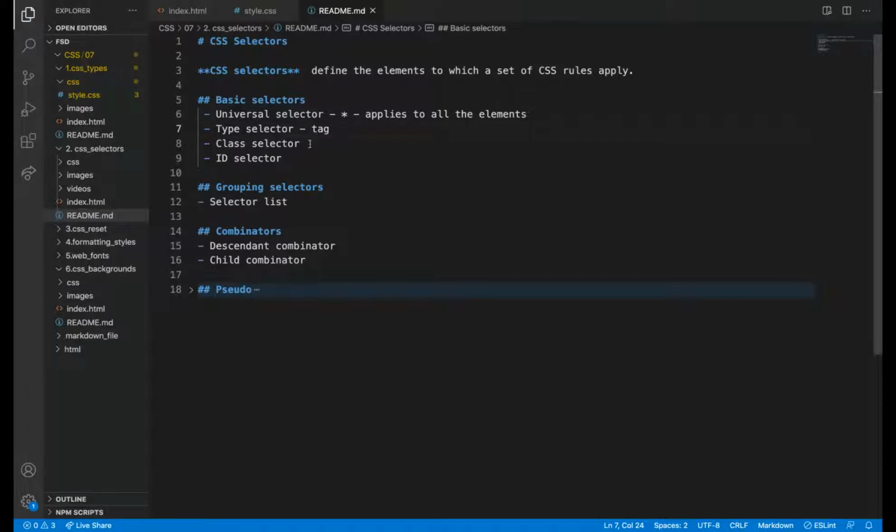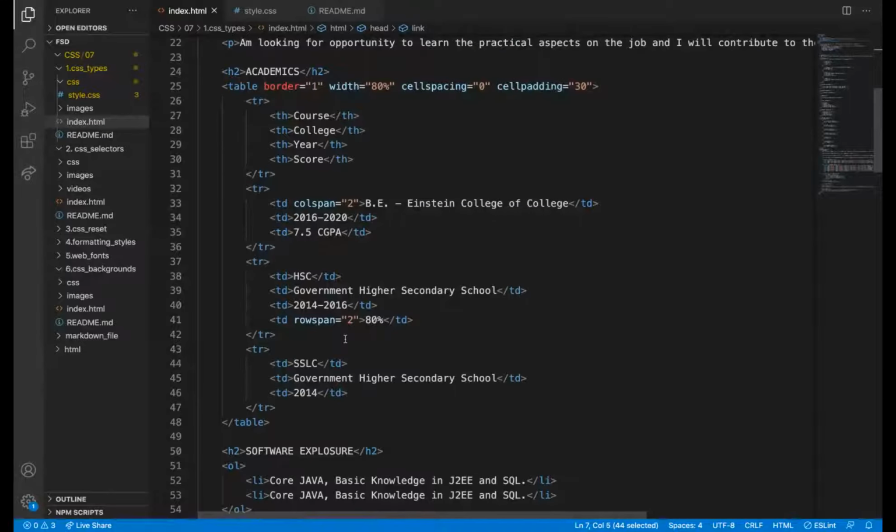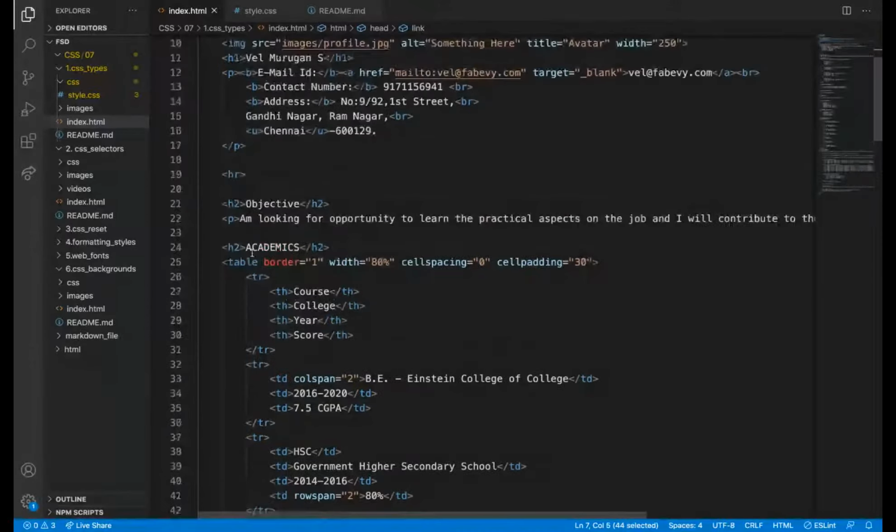What is the class selector and ID selector? We will see. I don't need a blue color for all the H2 tags. Fine.